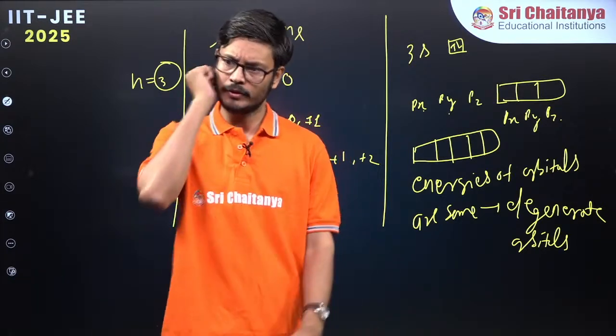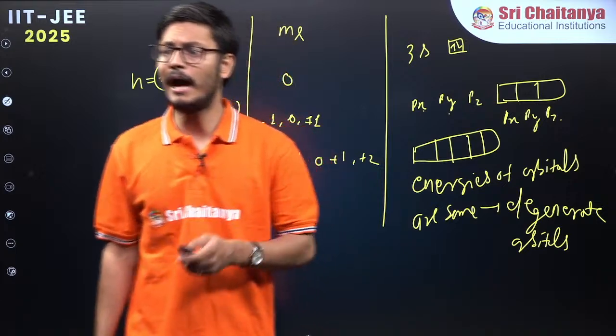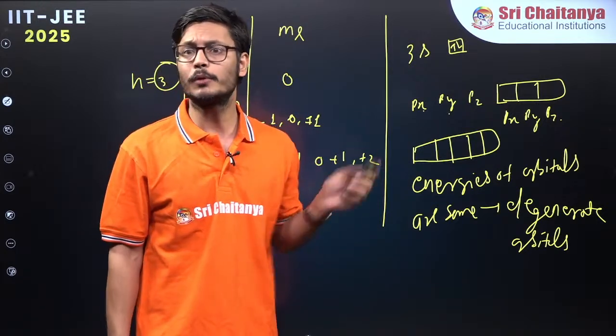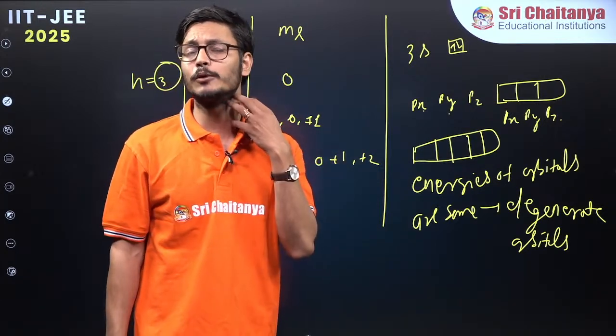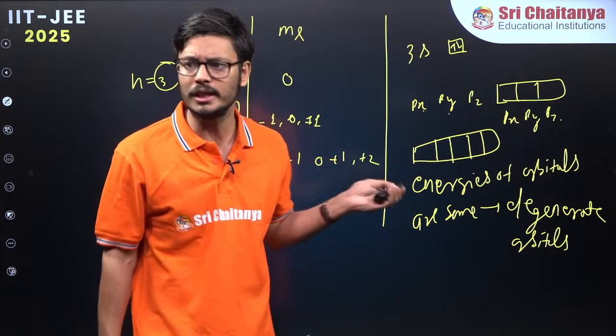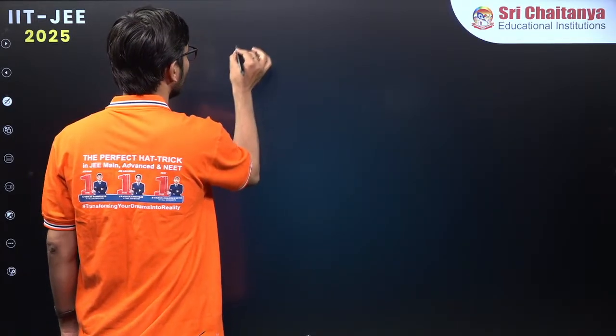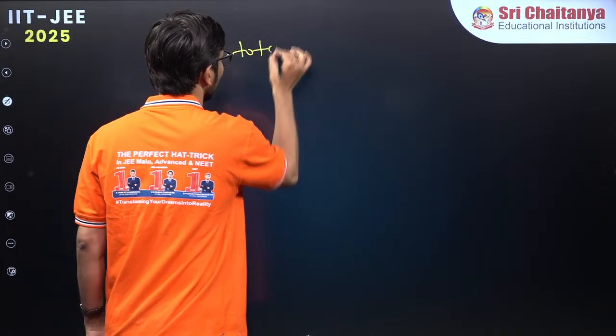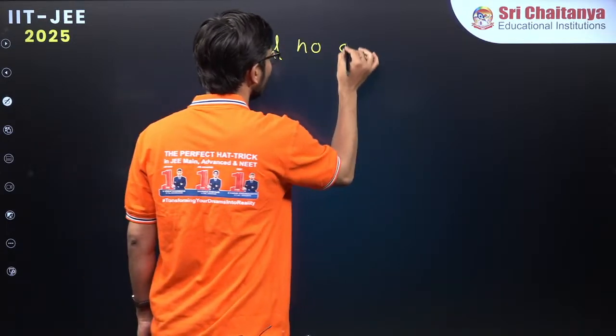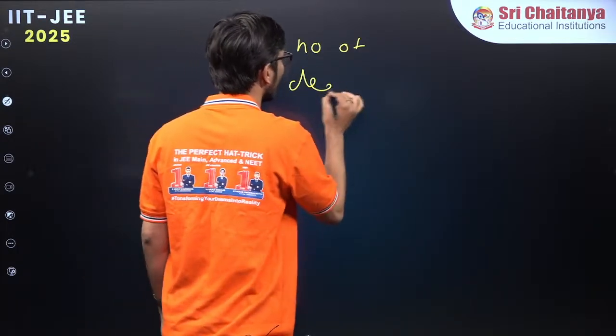Okay, very good. So now I have a very good question for you. This is a question from JEE Advanced, I think 2021. The question was, what is the total number of degenerate orbitals